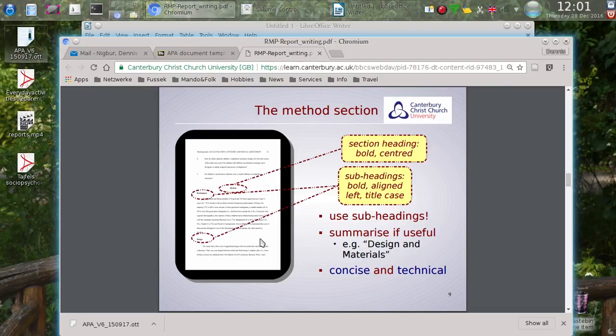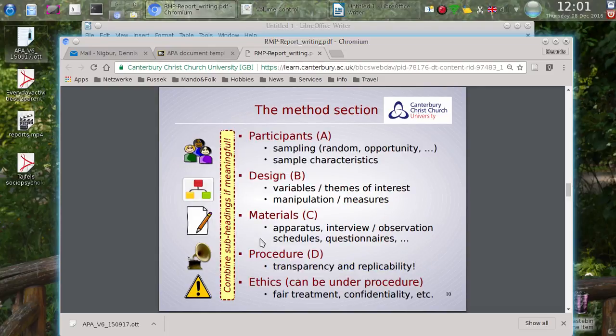Now that means that the style of the method section is usually very technical, and what you're aiming for is really to summarize quite a lot of information in as concise a way as possible to enable the reader to replicate your study exactly without descending into waffle and wasting words. The way this is achieved is by making sure that you cover all the right information that the reader needs to replicate your study. And this is where these subheadings are useful, to remind you of what you need to